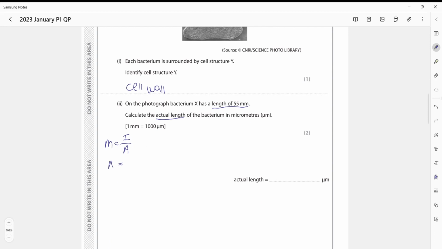So that would be A. This would be I over M. So image over magnification. So the image size is 55 millimeters. And then we know the magnification is 30,000. So let's calculate that first. So 55 divided by 30,000, that would be, okay,